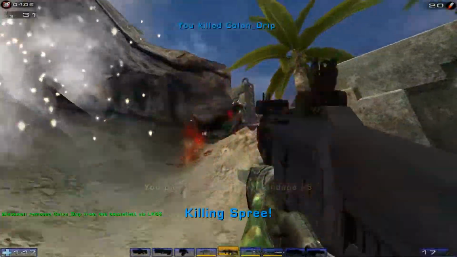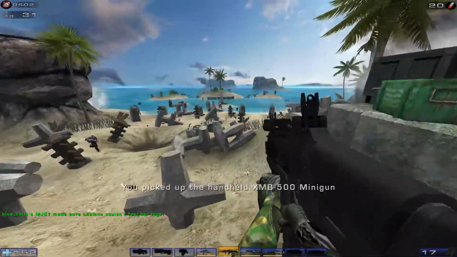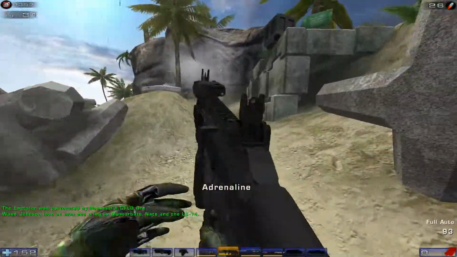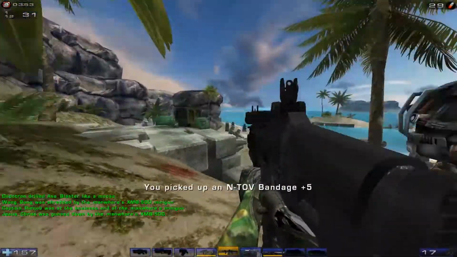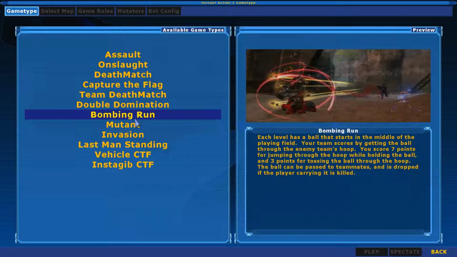Besides the campaign, there's obviously online multiplayer, which I did not try, and then there's instant action, which is basically offline multiplayer with bots, and that's where I spend a majority of my time. Besides the game types introduced in the campaign, there's actually quite a few more found in instant action, and I assume multiplayer. Returning game types include Team Deathmatch and Last Man Standing, but new to the roster is Onslaught, Mutant,